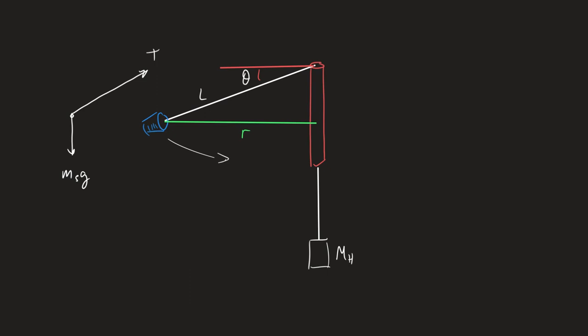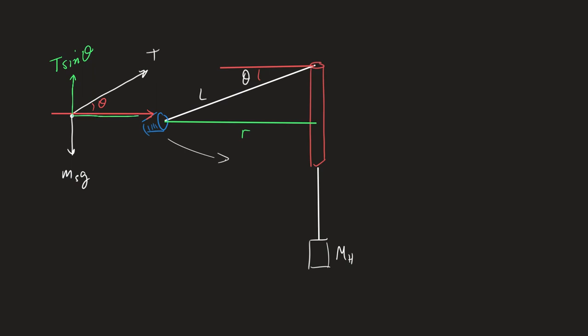The rule set said to align your coordinate system with the acceleration. But the acceleration has to be this way, towards the center. So you have to break the tension up in such a way as to have a portion of the tension towards the center. That's the part that's causing centripetal motion. And part of the tension upwards, that's the part that's keeping the stopper from falling to the floor. So without doing the math, because we don't have the time, T sine theta is this way,